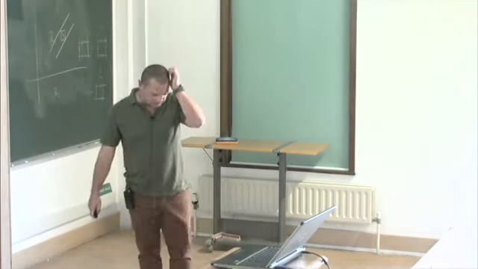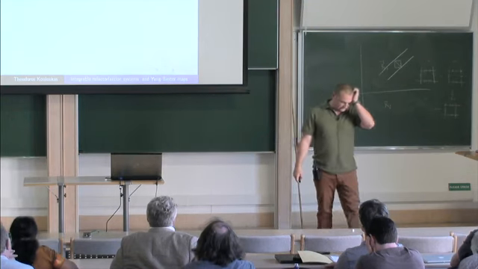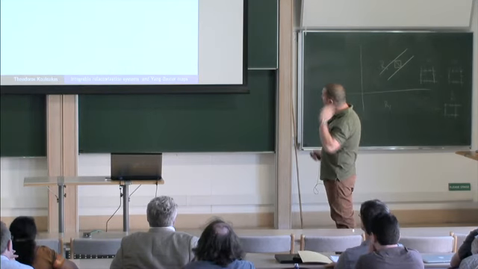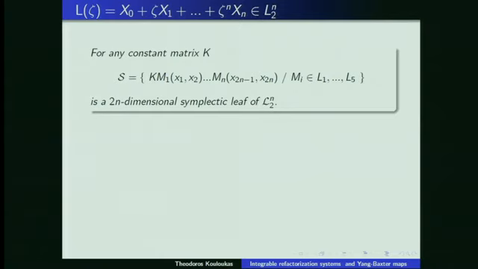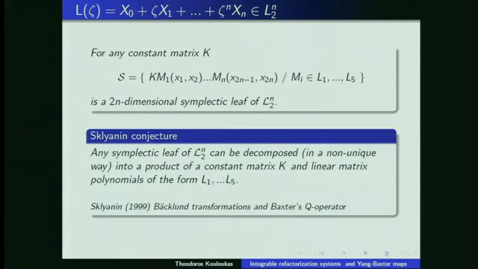But again, one can ask the question if this describes all the 2n-dimensional symplectic leaves of L2n. So this is exactly the Sklyanin conjecture that says that any symplectic leaf of L2n can be decomposed into a product of a constant matrix K and linear matrix polynomials of this form L1 to L5. Of course, we don't know if this is true, but